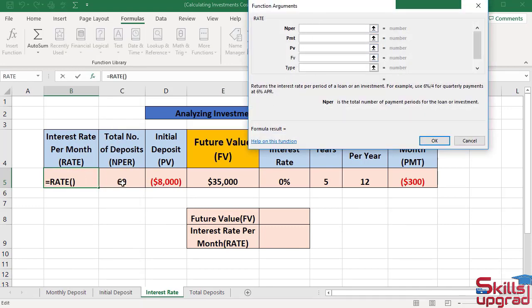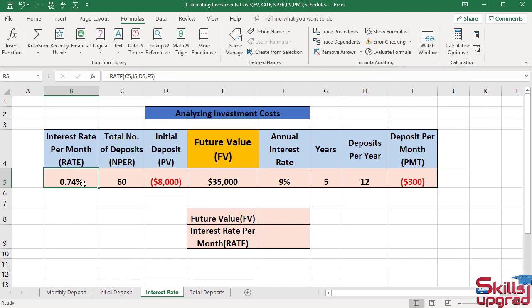In NPER box, select this cell reference. Press tab key. In PMT box, select this cell reference. Press tab key. In PV box, select this cell reference. Press tab key. In FV box, select this cell reference. Press tab key. These two arguments are optional, so leave them blank. Click OK. Function returns